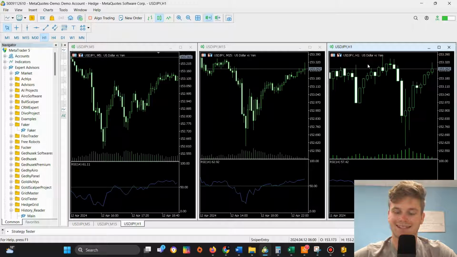And we can say the same thing for the RSI indicator. It basically shows you the same price, but it shows you in a different way. And we can use this in order to make better entries. So what I will do is that I will, as I said before, create an expert advisor, which firstly analyzes the RSI on higher time frames, and then it executes the positions on the lower time frame. So it's a new concept. I think you haven't seen anything like this on my channel so far, so it will be interesting and hopefully